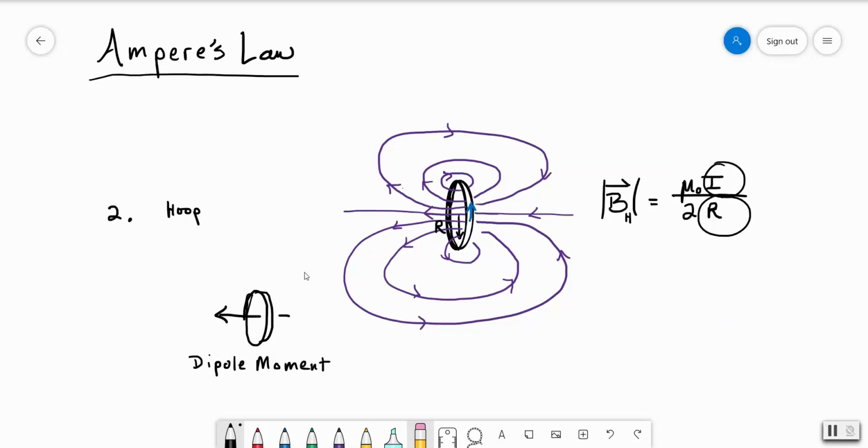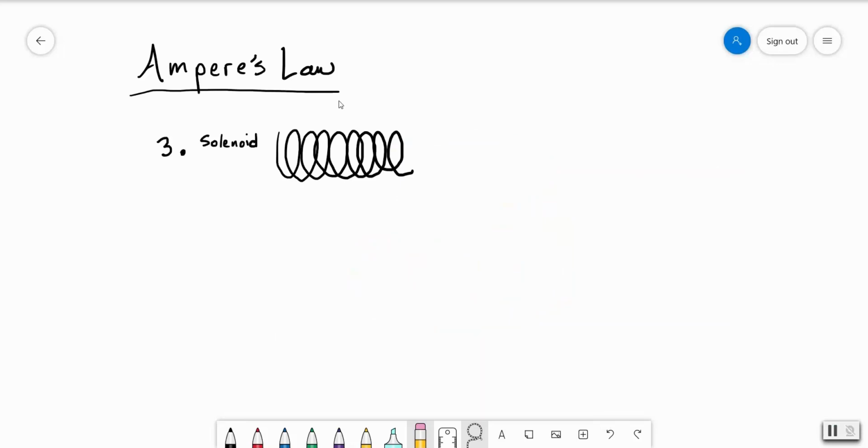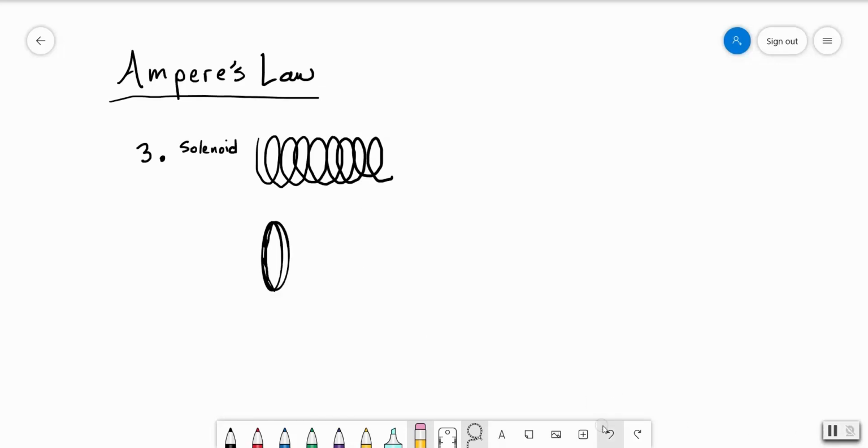Okay, so we'll move on to the solenoid because the solenoid is really important. Here's our third geometry. It's a little bit of a cartoon drawing here for this solenoid. So let me establish a better drawing. Now, in order to establish this better drawing, notice that what I've done is I've called back our old hoop, because you might want to consider what happens if I take a hoop and then I put another hoop next to it and another hoop next to it, and I just keep doing that. It wouldn't be necessarily a very efficient way running a single current through each of these hoops, but